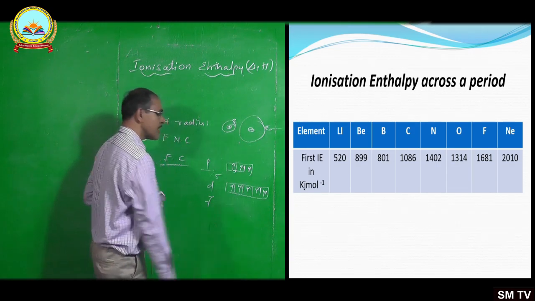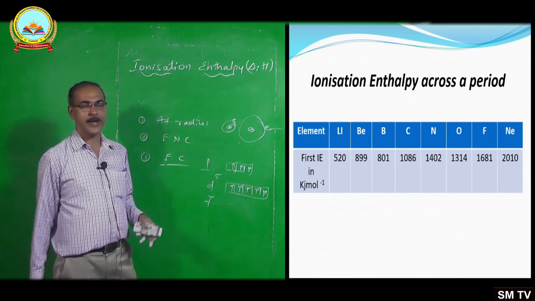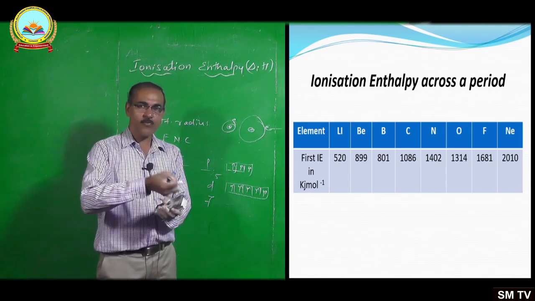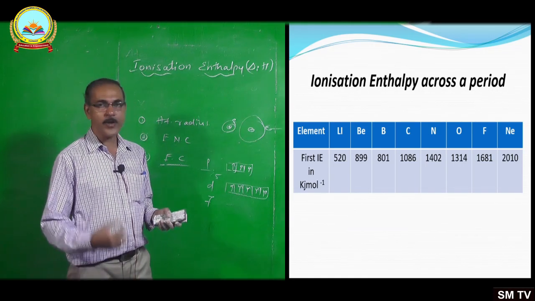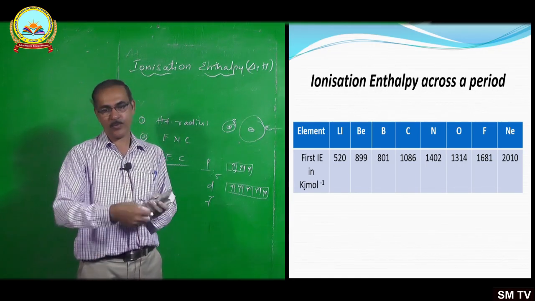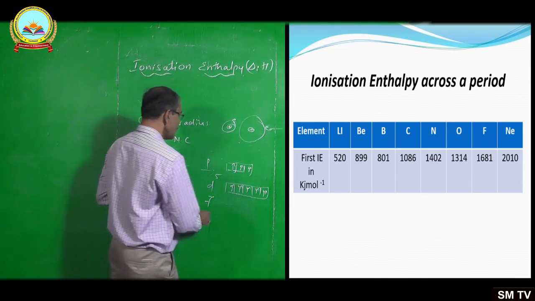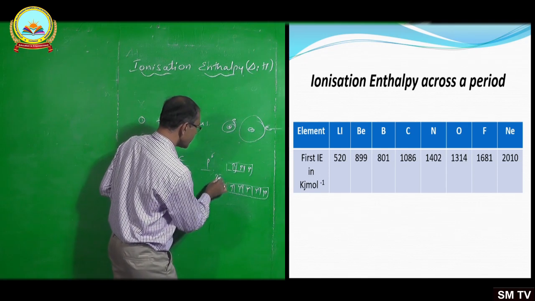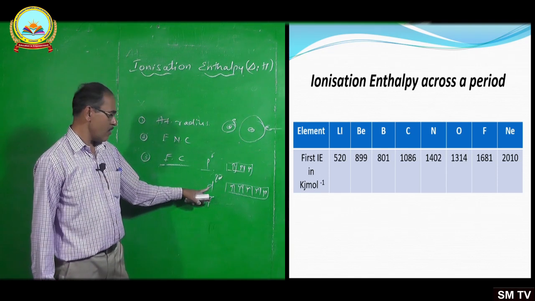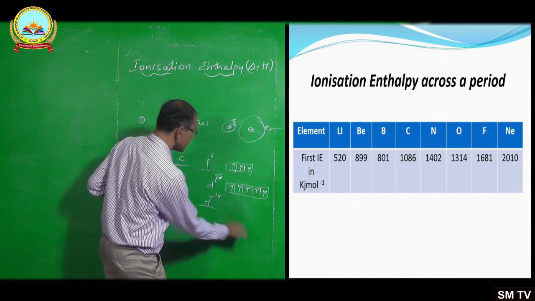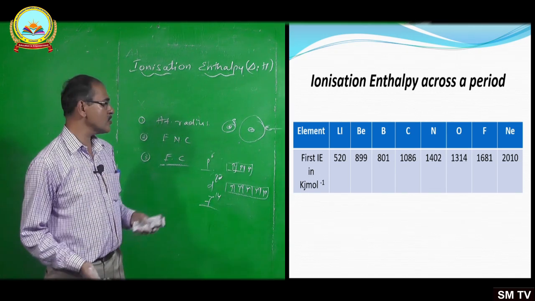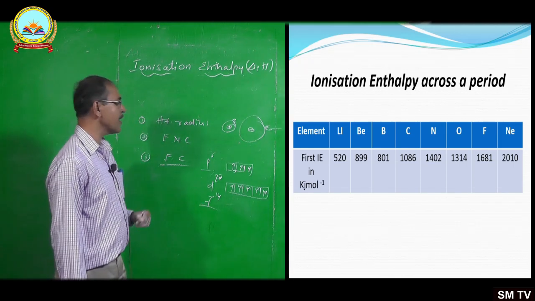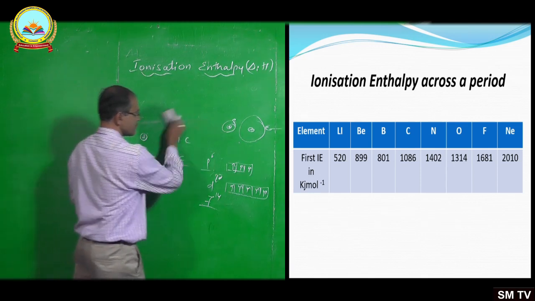F, if you talk about the F14 is half filled, it attains stability. It's very difficult to remove the electron from the stable atom, or it needs more energy to remove the electron. So if it is completely filled, means p6 configuration, d10 configuration is completely filled for d orbitals, f14 is there, that is completely filled situation. Now let us study, by keeping these factors in mind, we will study the